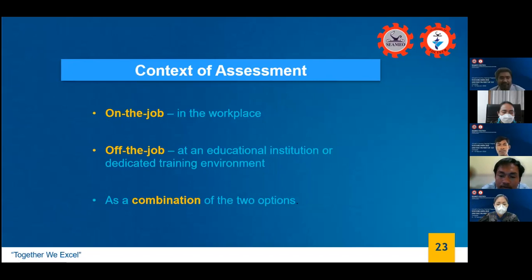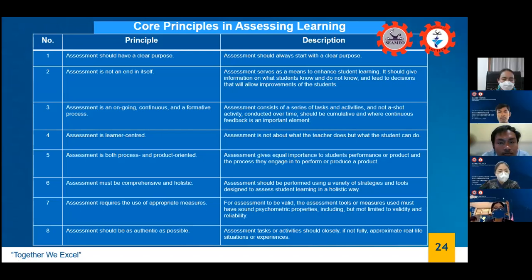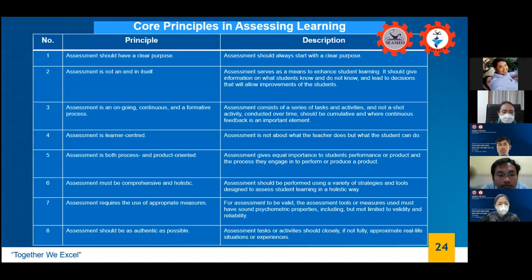Thank you. Next. Now, I will just briefly describe this one because I just wanted to share with you a few simple principles that you use in assessing learning. So what are the principles? There are a few of them, but they are easily explainable. So we will try the best that we can in the shortest possible time.